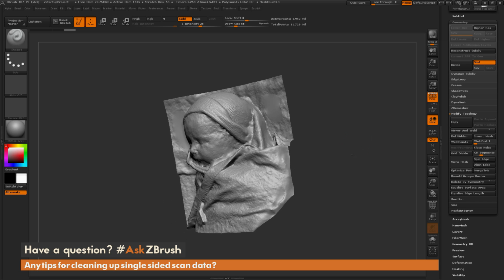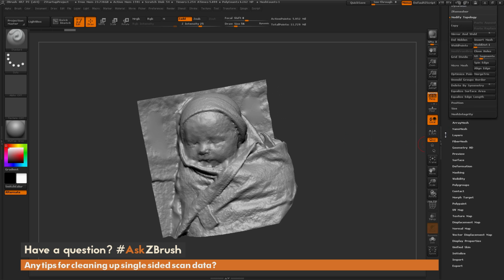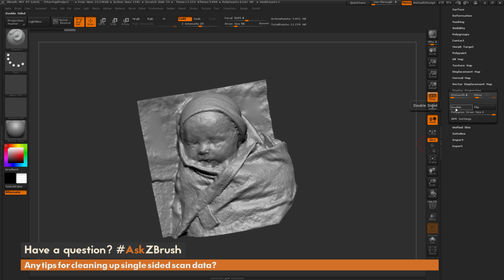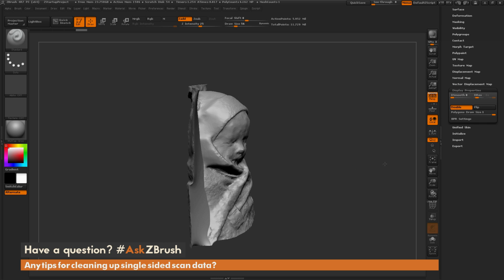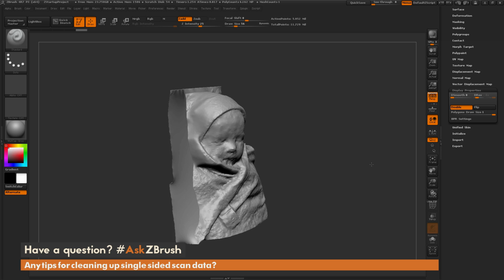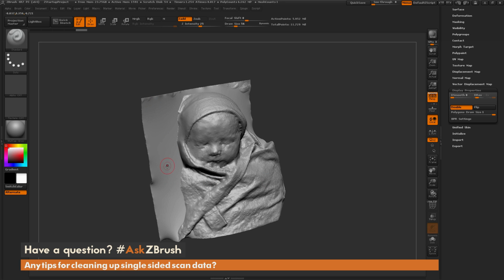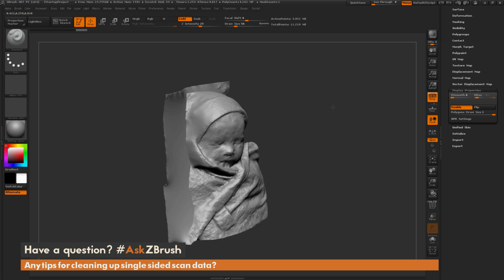So you can see this looks a little bit better, but if you come down to the display properties area here, open this up, and now turn on double, you're going to see I'm getting pretty much identical results to what I had with the DynaMesh. So I'm getting a lot of these thin areas here, and I'm getting this back facing coming through the front